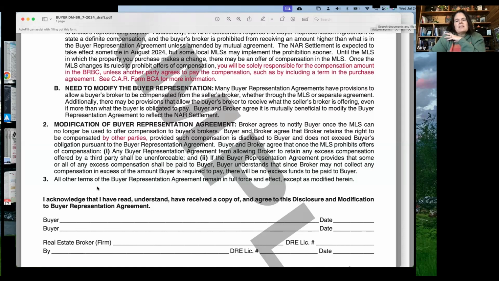Broker agrees to notify buyer once the MLS can no longer be used to offer compensation to buyer's broker. Buyer and broker agree that broker retains the right to be compensated by other parties, provided such compensation is disclosed to buyer and does not exceed the buyer's obligation pursuant to the buyer representation agreement. Buyer and broker agree that once the MLS prohibits offers of compensation, any buyer representation agreement allowing broker to retain